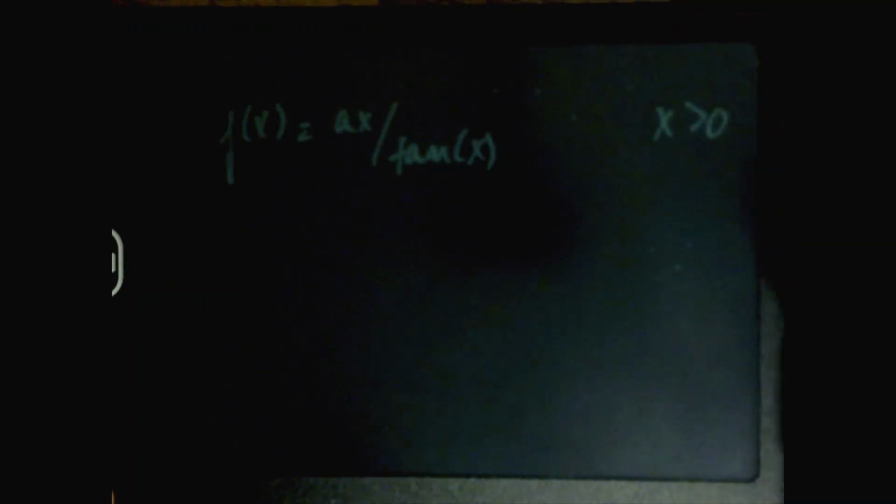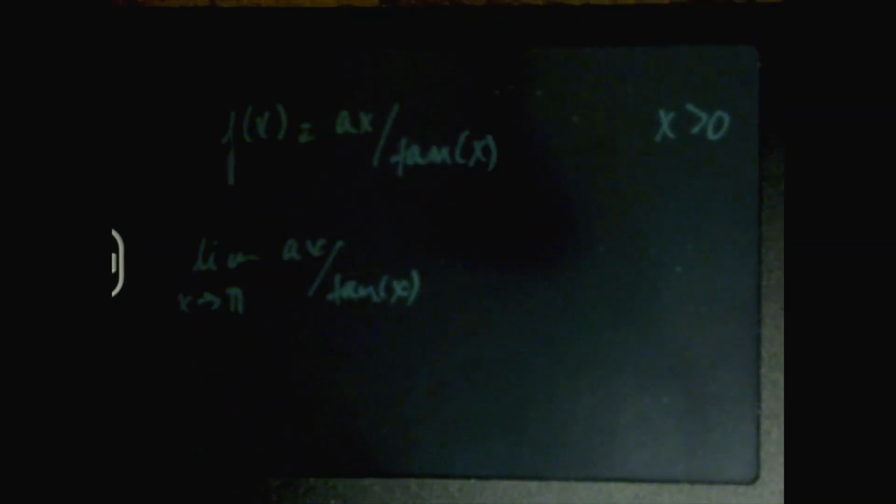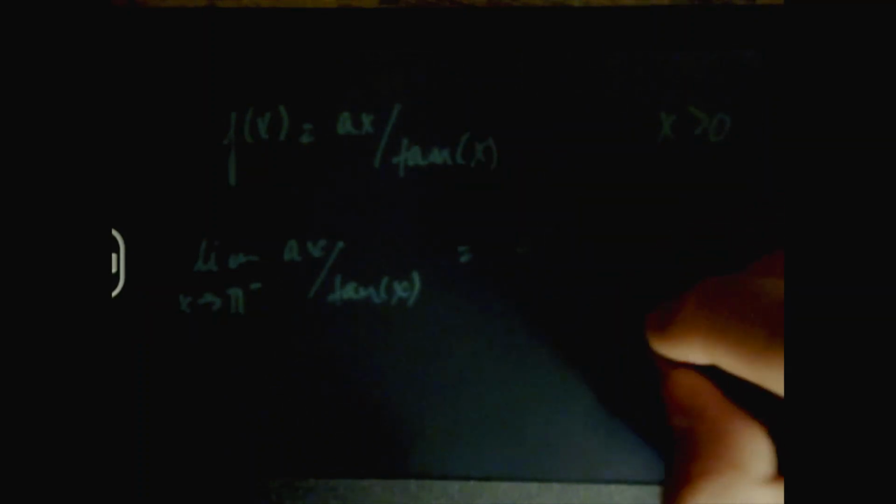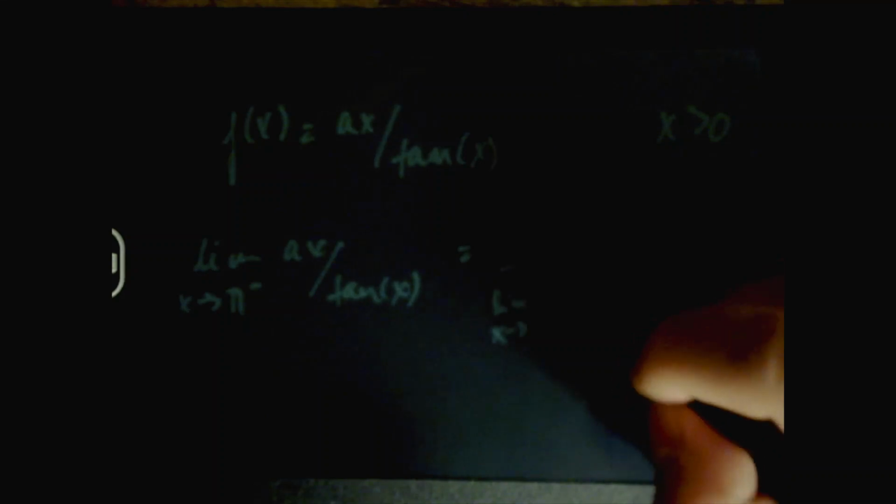Okay, so let's take a look at this part, right? A times x over tan of x. X is bigger than 0, that's fine, we don't mind, right? So let's take a look at what happens when x goes to pi, right? Ax over tan x, right? We want to see if this limit exists, right? So actually first, let's take a look at x going to pi from the left side, right? So a little bit less than pi. That's going to give you a times basically pi, over, I can shift the limit sign underneath, pi negative,